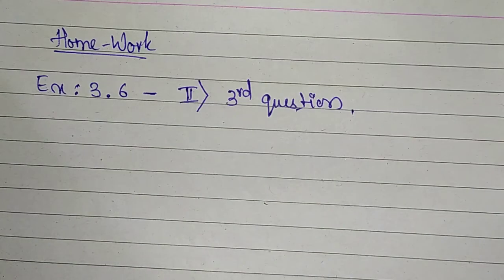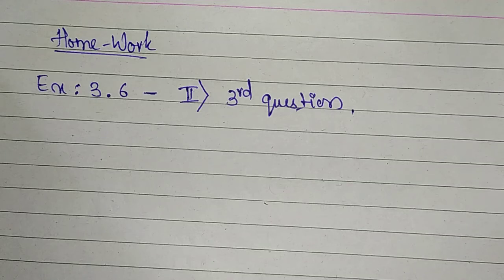So the last question of the second main, that is the third sub question. Ruhi travels 300 kilometers to her home partly by train and partly by bus. She takes 4 hours if she travels 60 km by train and the remaining by bus. If she travels 60 km by train, then the remaining distance is 240 kilometers. If she travels 100 km by train and the remaining by bus, that is 100 km by train and 200 km by bus, because they have told us the total distance is 300 kilometers, she takes 10 minutes longer, that is 4 hours 10 minutes. Find the speed of the train and the bus separately.